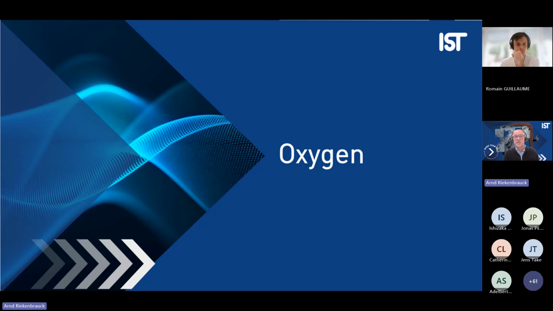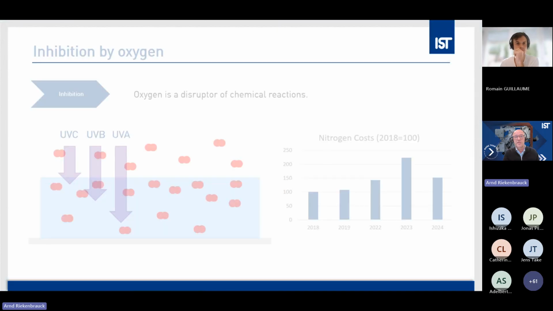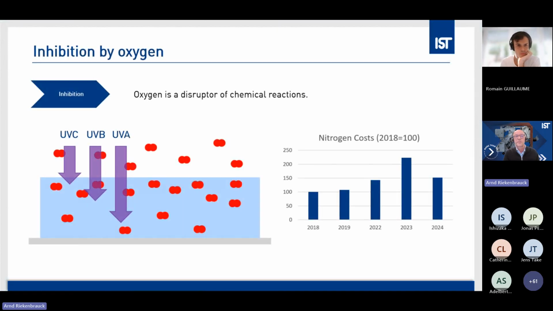Some words on oxygen. Oxygen generally causes inhibition at the surface. We all feel the tackiness: the ink film or the varnish film is cured, but at the top we still feel the tackiness, because oxygen is a disruptor of chemical reactions. And we can overcome this by